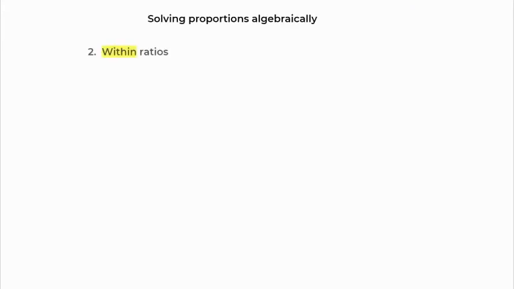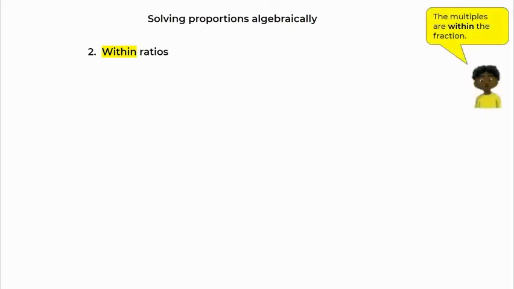The second method we're going to learn is something we call within ratios. Take a look at this proportion that I'm going to show you now. And in this case, the multiples are within the fraction. Take a look at it. We can see very quickly that there is no easy connection that we can ascertain between this ratio and the second ratio. However, if we look carefully, we notice that there's a connection between the 3 and the 12 because 12 is a multiple of 3. So we can take advantage of this connection within the ratio of 3 to 12 because